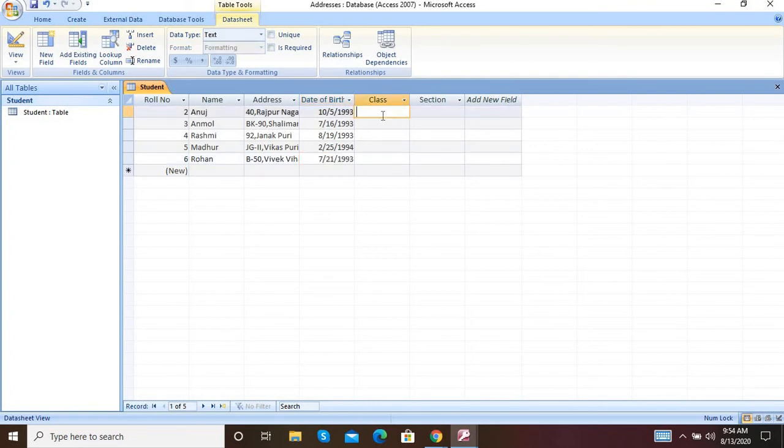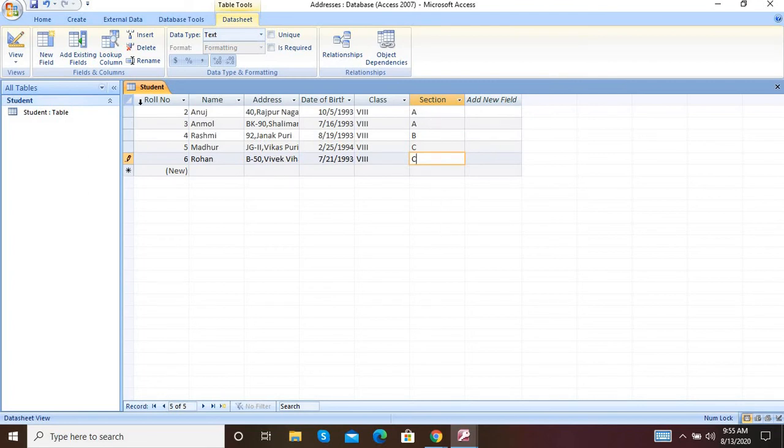Then after that you have to write a class, that is 8. I am copy pasting the class, and next you have to add the section.